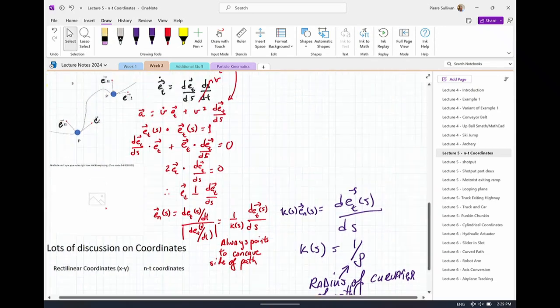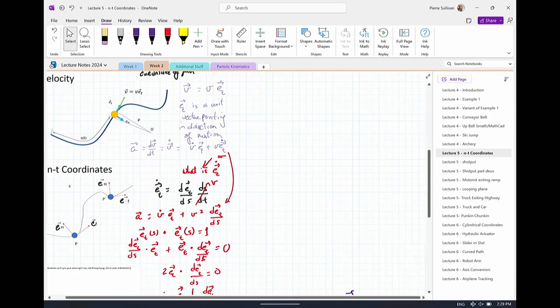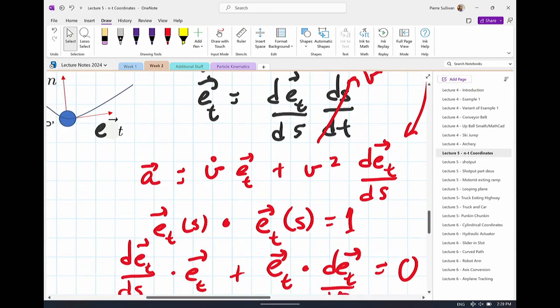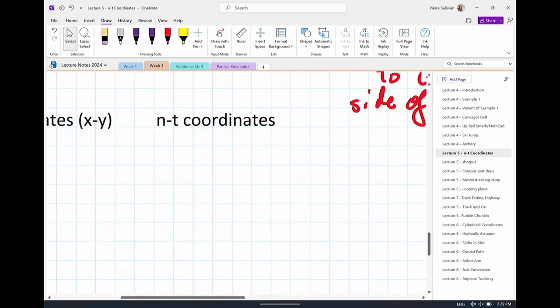So if we go back, all the way back to this expression right here, I have v dot e_t, which I can keep. I'm happy with that. I have the second expression, which is a pain in the neck, because it's a time rate of change of e_t with respect to s. But now I have a relationship for that times v squared. So if I go back and call this 1,